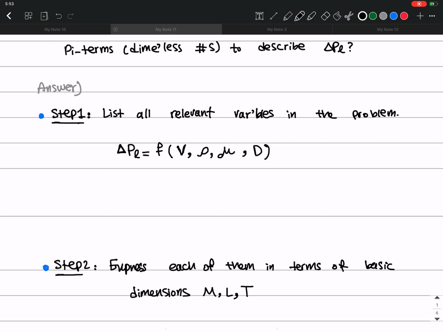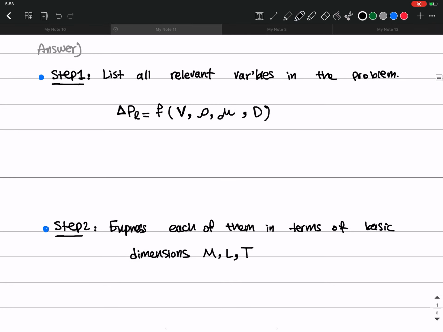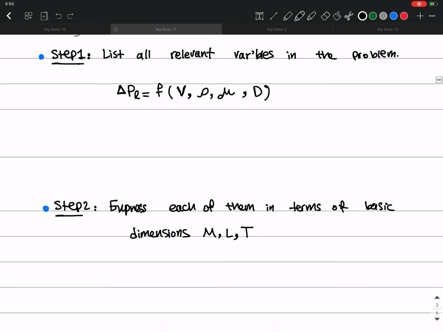Which are standing for mass, length, and time, okay? So the first one is pressure. So pressure drop, which is pressure per length. So let me write it down. The delta P over L is pressure per length